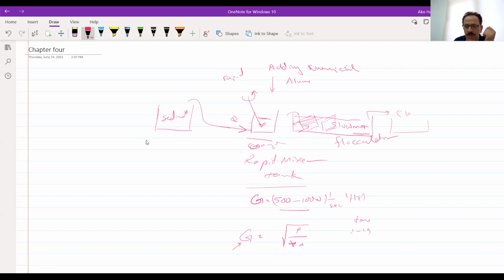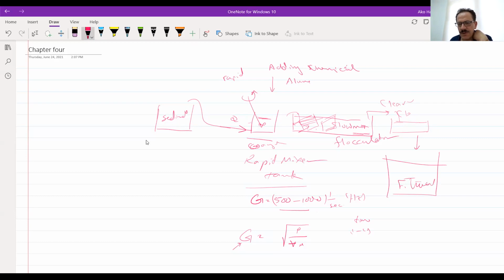Then there will be settling here, and the clean water is usually put in another tank. The water here should be about 90% clean from any settled or suspended solids. The next step for this is called filtration.